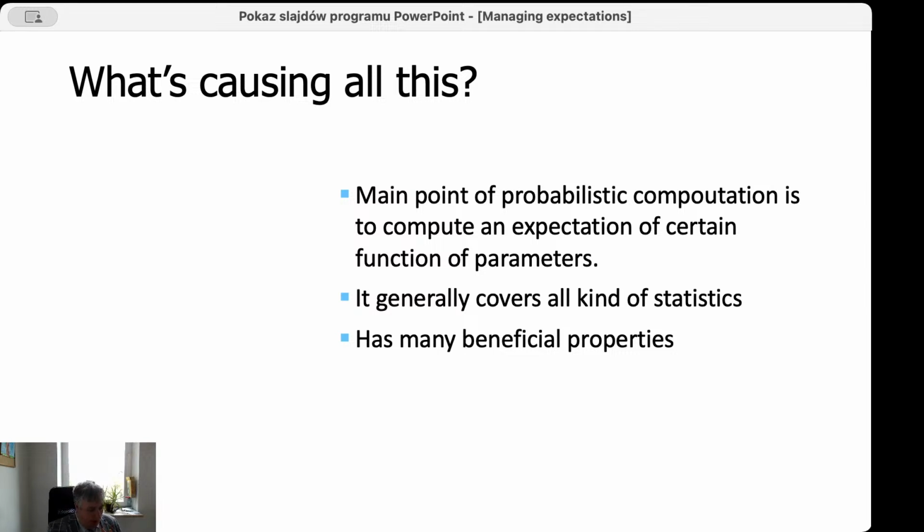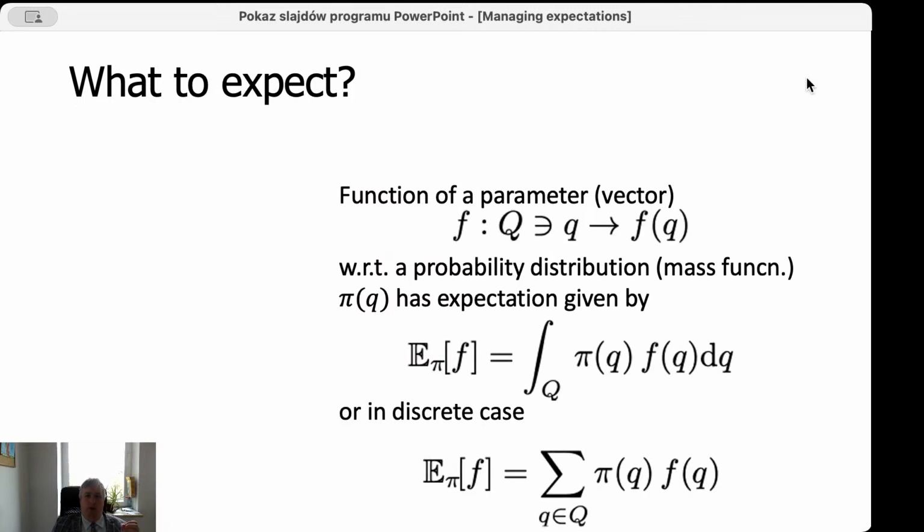However, what is important, computing an expectation is not the same as computing the mean. It is computationally related because we will generally be using averaging of samples in order to compute certain expectations. However, any kind of statistic can be represented as an expectation of a certain function. And because of that, it is much easier to compute a lot of things thanks to reformulating the problem into the problem of computing an expectation.